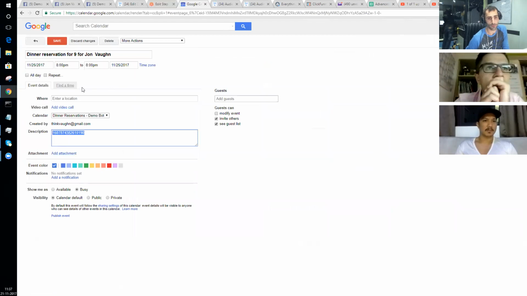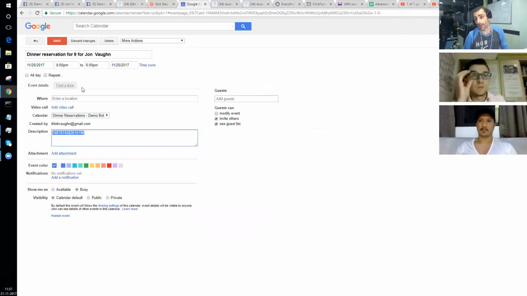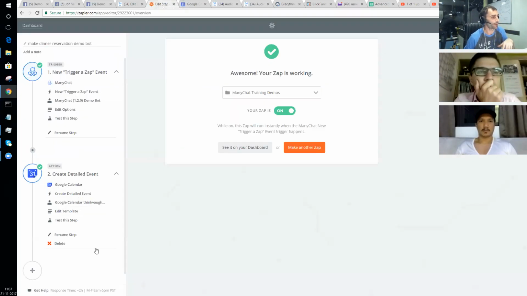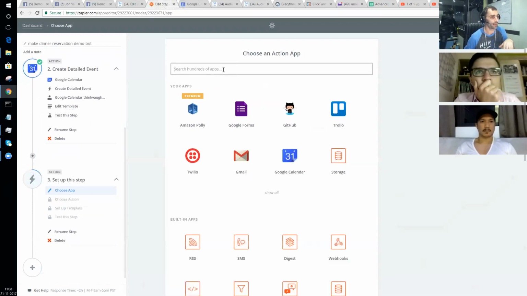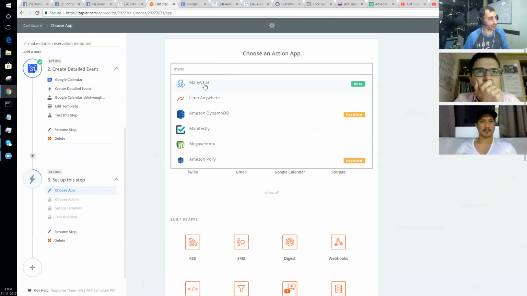No one sees this description, but there's this guy's MiniChat ID, so that whenever this event actually fires, I can push him out a notification to let him know that, hey, you've got a dinner reservation that you should show up for. So now the only other thing I probably want to do is add something here that is just a MiniChat thing that says, hey, buddy,